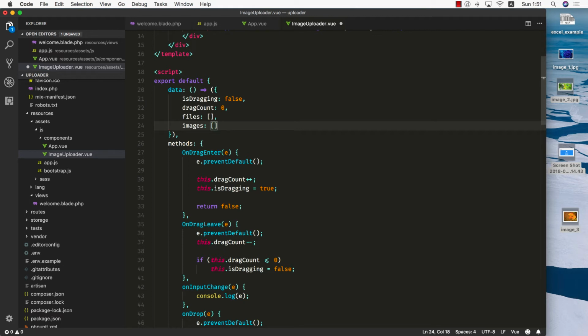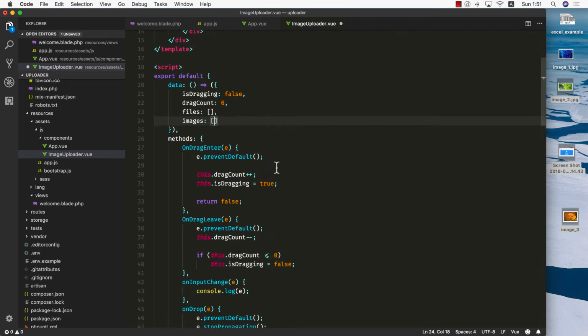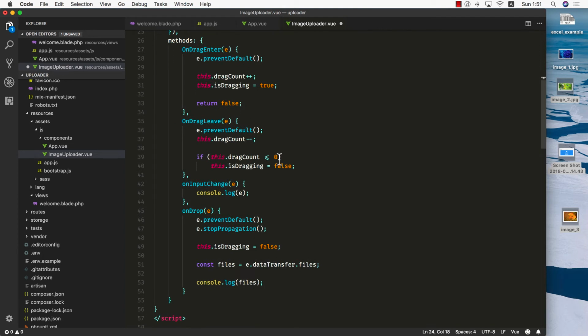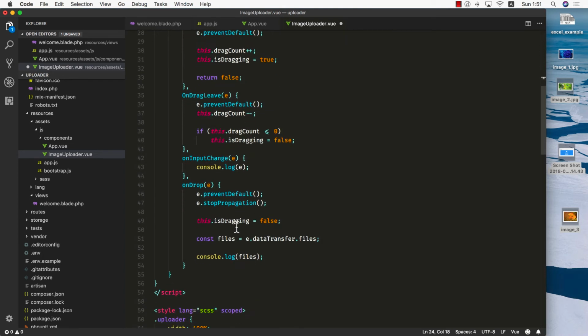Okay, but the reason we need two arrays is because one, we need the file itself as the file object, so we can send it inside the form data to the server, and the images array is going to be for files that we convert into images using the reader inside our JavaScript into base64 format, so we can present them inside an image tag to the user. Okay, so we need to do those two things, and we'll create a function for that called addImage,